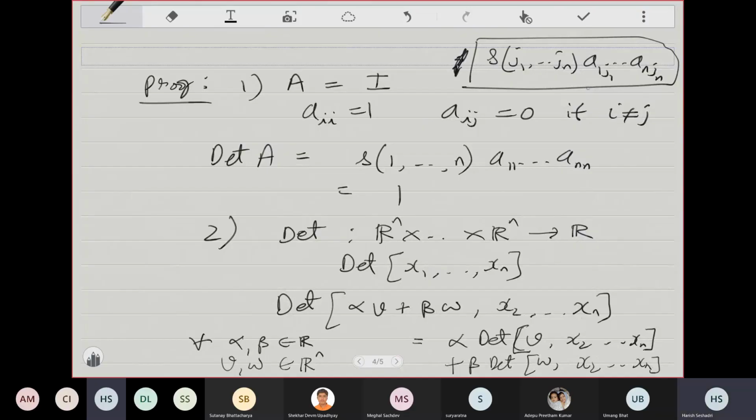Now, every term is of this form, and well, the point is that